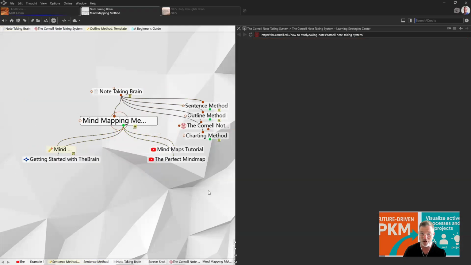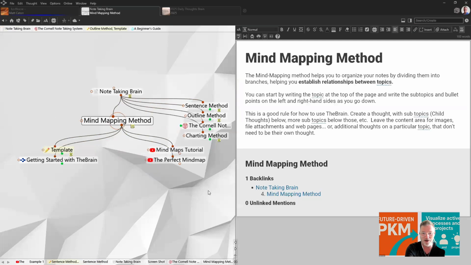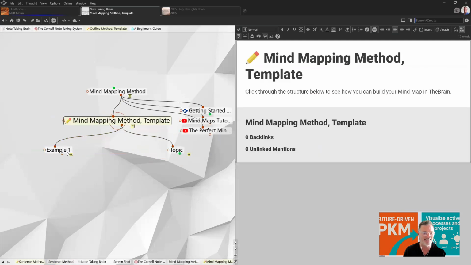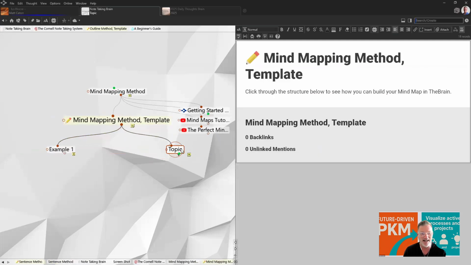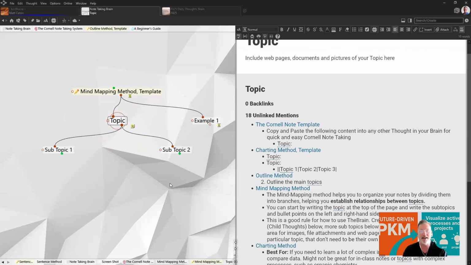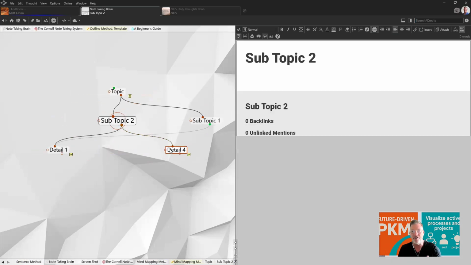Mind mapping method, you're looking at one right now. We're using the brain. You map out things that are connected to one another. So the template is quite specifically creating a topic and then subtopics and child thoughts beyond there. The structure of the brain is on the left.